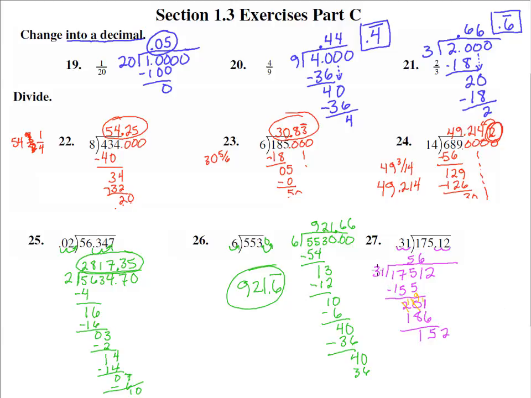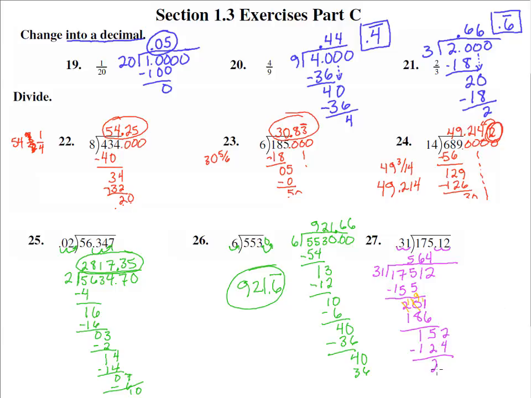If I were to estimate, I'd say 3 goes into this 5 times. But we already tried that, and we got 155 before. So that'll be too big. So we'll only be able to go in here 4 times. 4 times that is 124. When we subtract that, we get